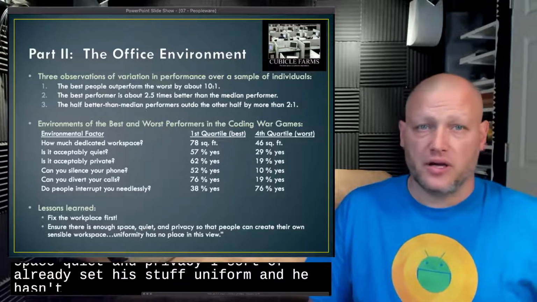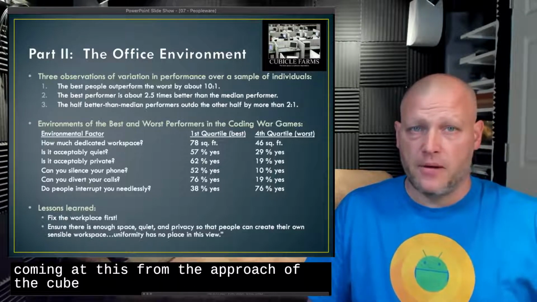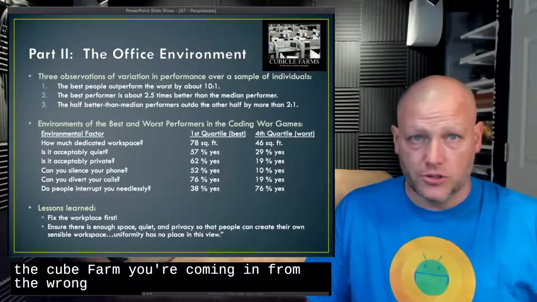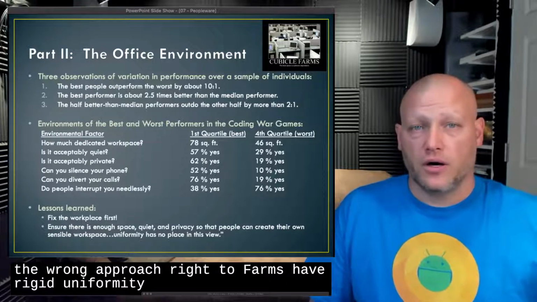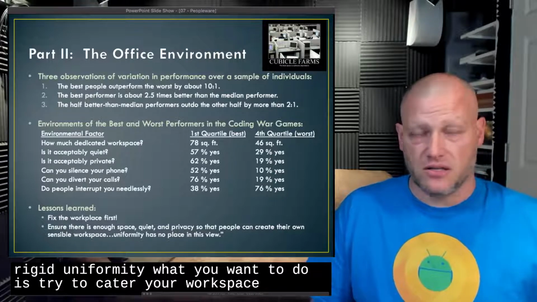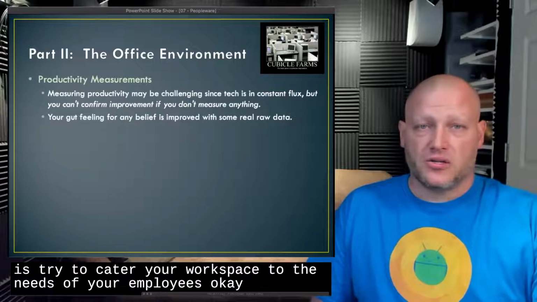Uniformity has no place in this view. So if you're coming at this from the approach of the cube farm, you're coming at it from the wrong approach, right? Cube farms have rigid uniformity. What you want to do is try to cater your workspace to the needs of your employees. Okay, so the next slide here